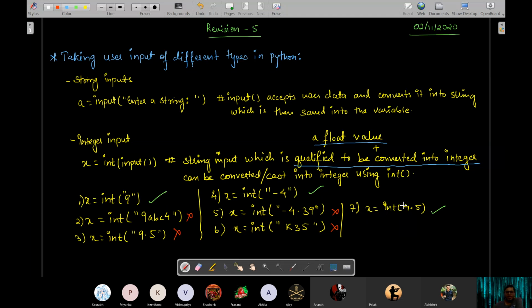However, if it is a pure float value, then the casting will be successful. ये clear है सबको? Is it fine with all of us? ओके, प्रियंका समझ में आया? ओके, चलो फिर